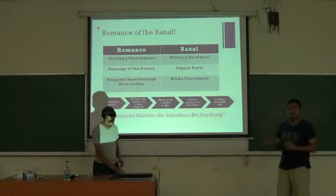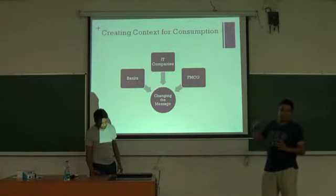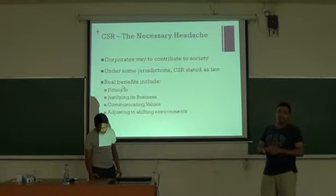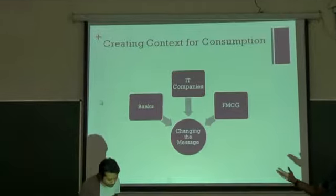But is this limited to Lockheed Martin? If we go through different websites that are out there, different categories of corporates that are out there, let's say they are banks, they are